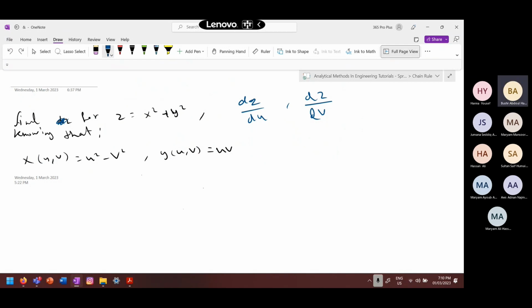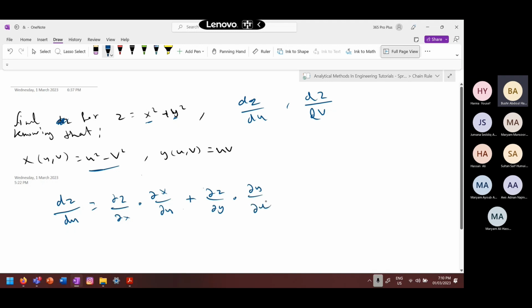So the chain rule is, if you have, let's say, dz du, it's going to be equal to, look at these variables, partial z over partial x multiplied with their derivatives, partial x over partial u, plus partial z over partial y multiplied with partial y over partial u. Okay, now